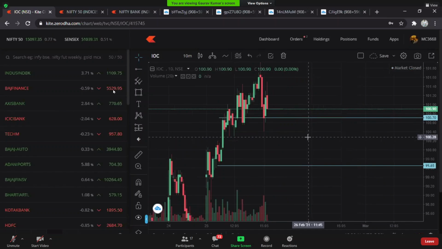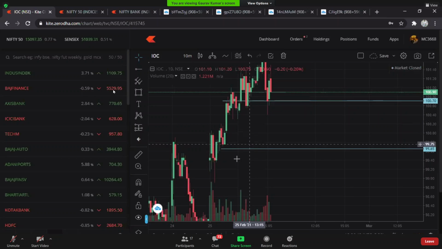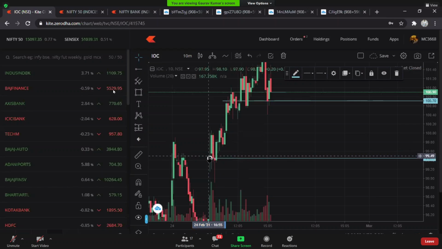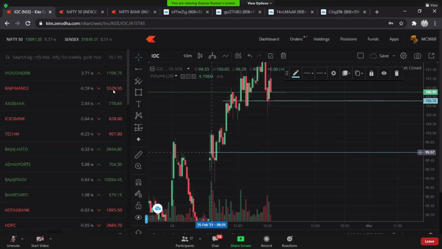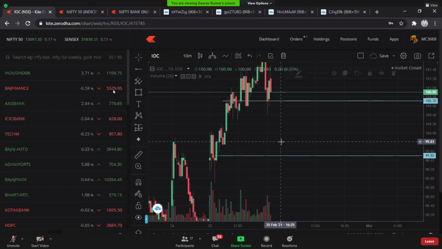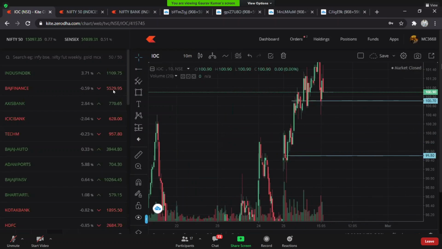I look for wicks to find out stop loss and targets. If I had entered above this, I would have kept my stop loss here because here is my nearest wick. I could have also kept a huge stop loss at this point, because here is my longest wick rejection. So if someone had entered it positionally, or whatever kind of time frame, for BTST, whatever,